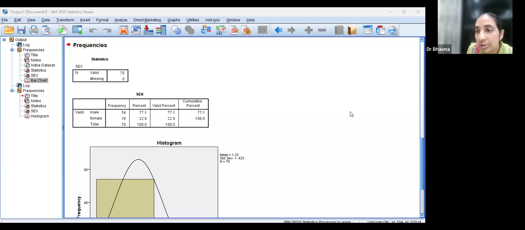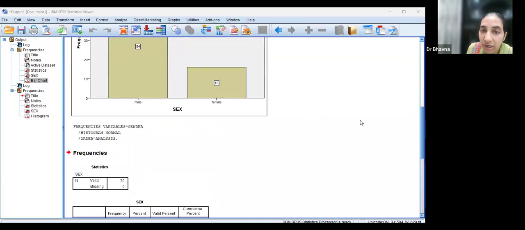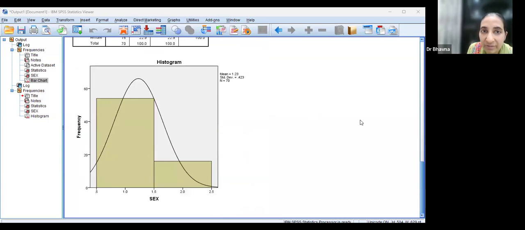This is an answer to the question that someone asked last time. Why are we reading variables? Why this introduction? Why this theory? But your theory is the basis of practicals later on. If your theory is very strong and you know the basics, it is very easy to go through the practicals. This is a practical, what you have seen in SPSS, and what you have seen here is qualitative data. What you have seen here is quantitative data, which was not to be drawn in this particular case.